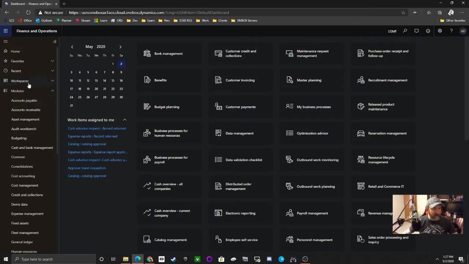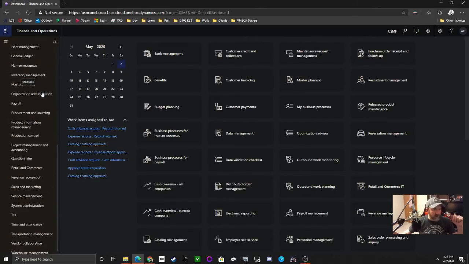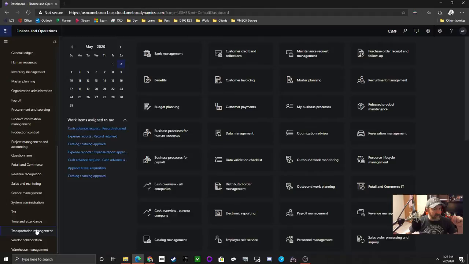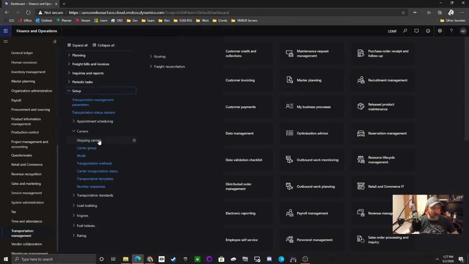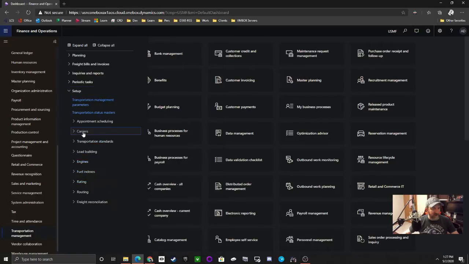So let's go ahead and get started. In the modules section here, I'm going to scroll down to transportation management, and I'm going to see 5 here that are used within the transportation management module. We're going to go to setup, and we're going to go ahead and set up some shipping carriers under the